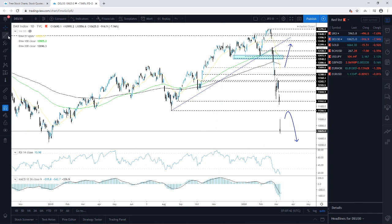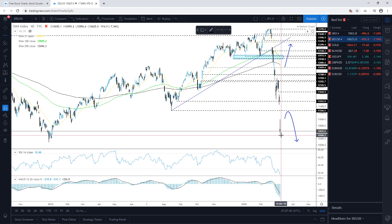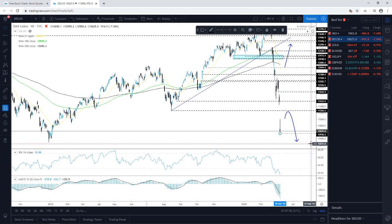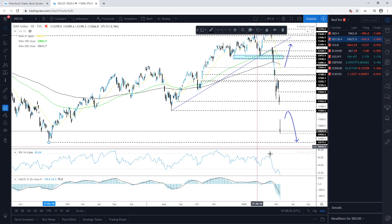And for those who are more on the cautious side, what you could do here is just wait for a drop below yesterday's low near the 10,555-56 zone, and then aim for further declines. Now, as we can see, we do have this good area of support, the lowest point of December 2018, roughly around the 10,280 zone. So basically a good potential target if we get a drop below the